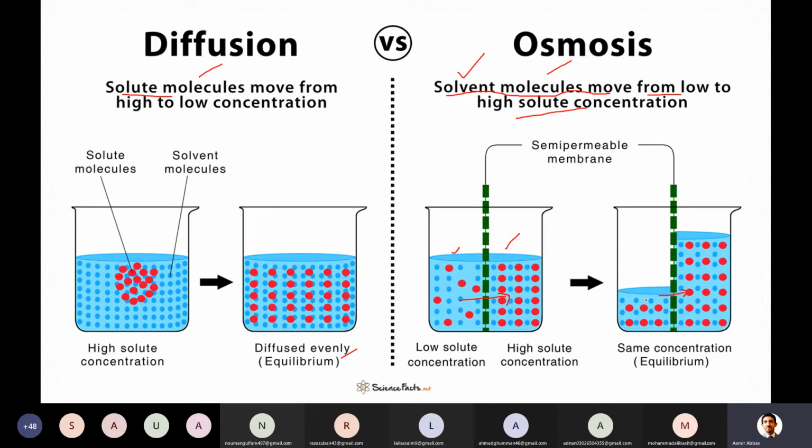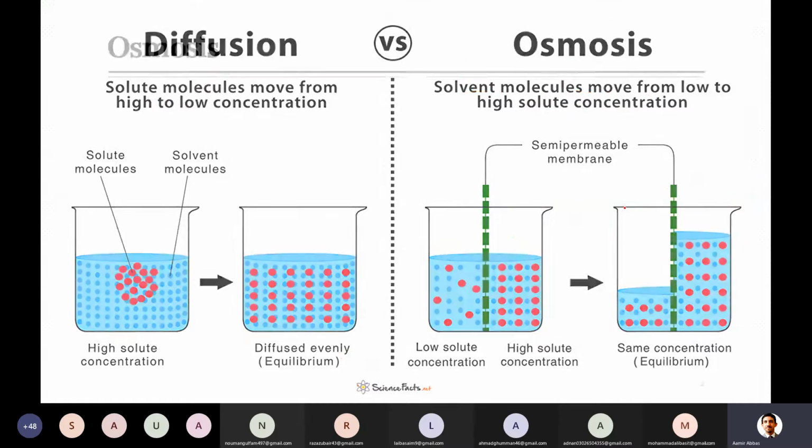Here how it will become balanced, because when you are moving the solvent, the solvent amount will keep on decreasing, while the solute remains the same. As I said, initially it is 5 gram per liter. So when I am removing the solvent, this denominator will keep on decreasing, while on the other side it was initially 50 gram per liter. Let's say it was 1 liter of solvent on each side. So after some time this will keep on increasing. Instead of 1 liter it will become higher, and here this value is decreasing. So finally it will stop when they reach equilibrium.